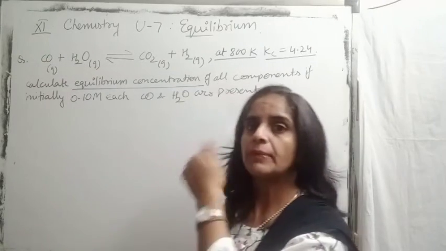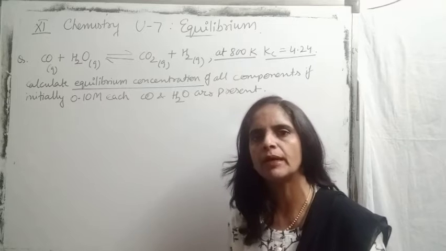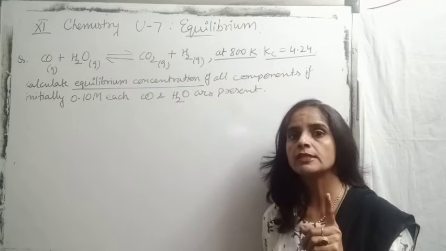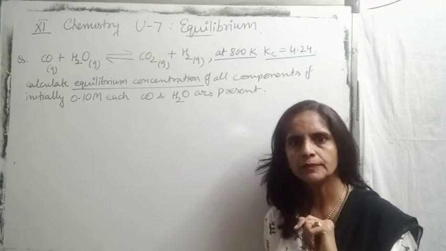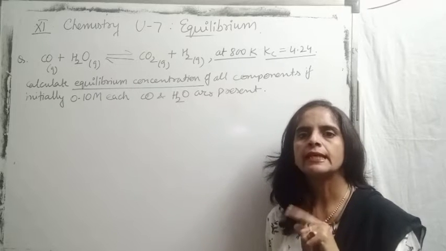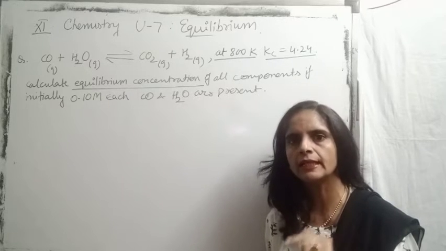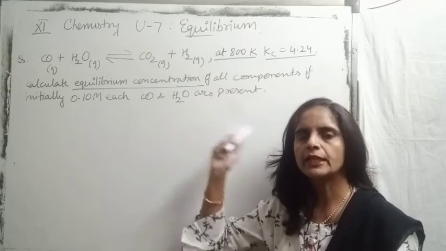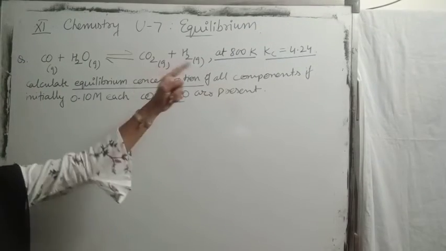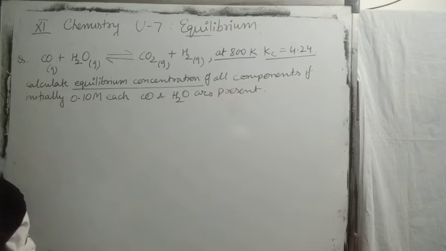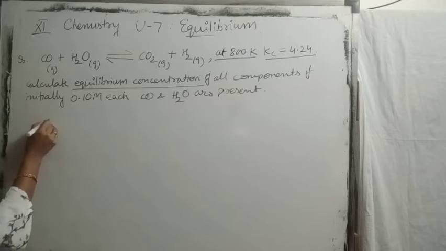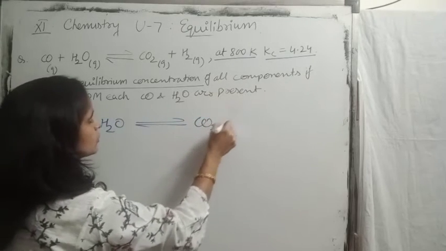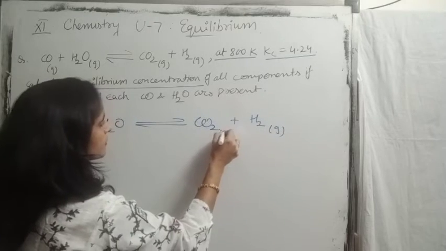So children, this is one of the applications of the equilibrium constant. If you remember, we talked about 3 applications of the equilibrium constant. One was predicting the direction of reaction. Second was telling the extent of reaction. And third, we can calculate the equilibrium concentration of the components. So the third application we are using here, that by knowing the value of Kc, we can find the equilibrium concentration. So just start with this reaction, carbon monoxide and water giving CO2 and hydrogen, and indicate their physical states,